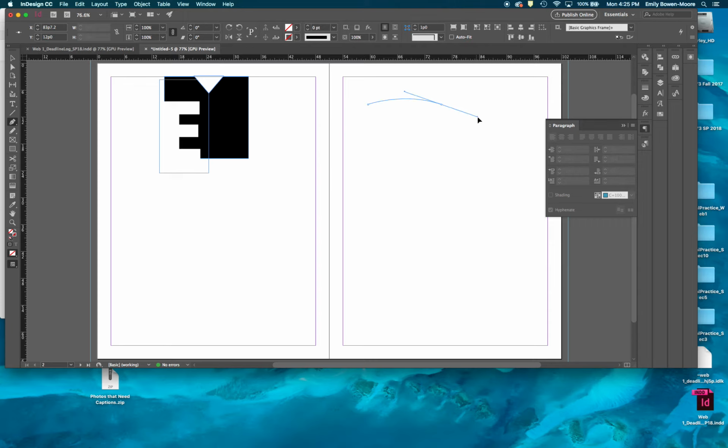So this is the difference between curved and angled. I'm going to click and drag in the direction that I want to go, and then when I let up, I'm going to keep moving in the direction I want to go. The next click, I'm going to hold it down and drag. Then I'm going to move around, click, hold it down, and drag. And same thing, when you go back to the original anchor point, it will enclose that line and make it